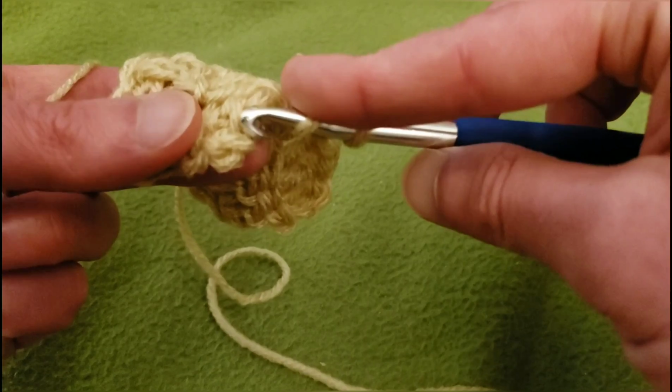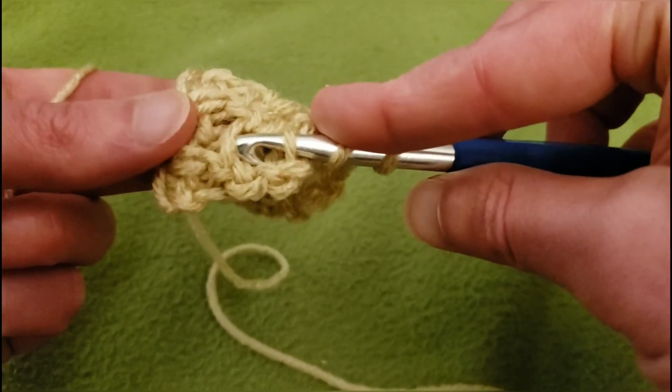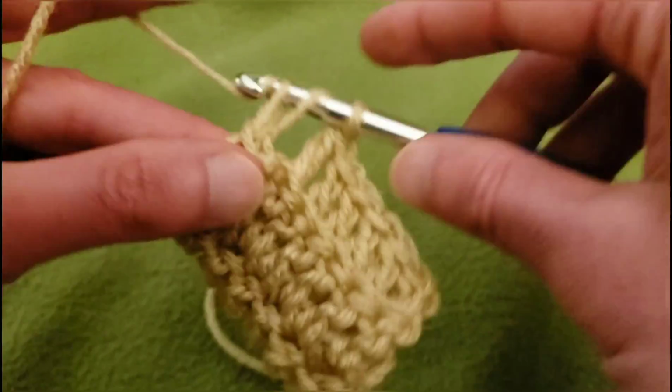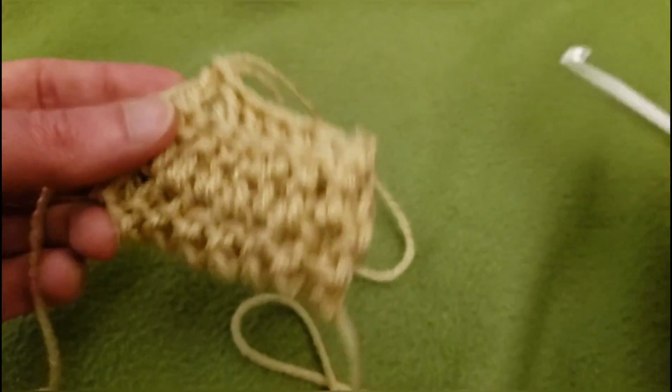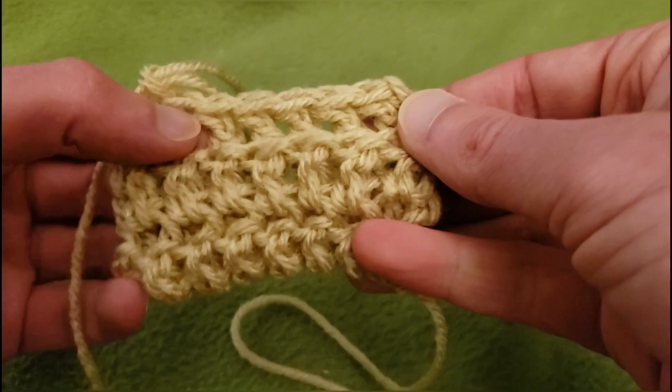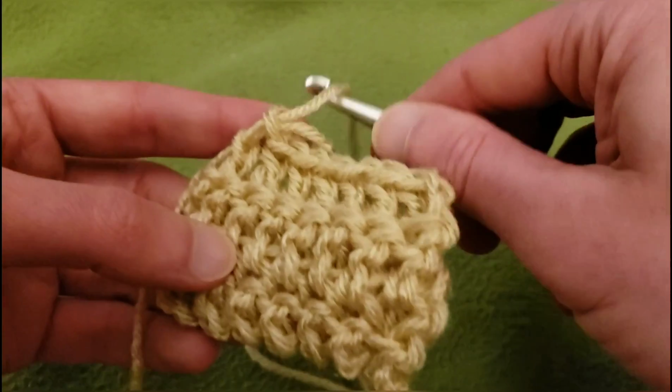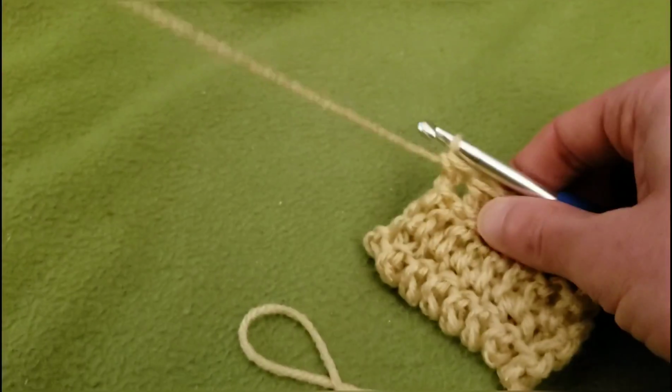and the last stitch, and down below, through 2, through 2, through 2. Okay, so we should be at 7. So 2, 4, 6, and 7. Very good. Let's do another row